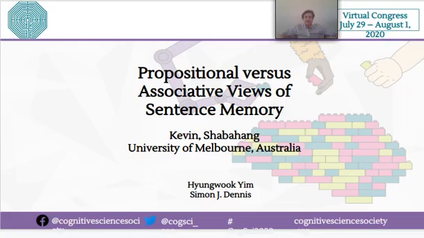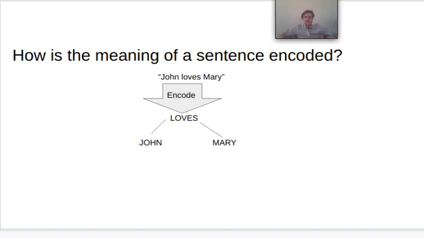Here I'll present some explorations of memory for sentences I carried out with the help of Professor Simon Dennis and Dr. Hyung-Woo Kim. If we have a sentence like John loves Mary, a naive approach to encoding it would be to assume three concept nodes, John, loves, and Mary, and say that there is an association formed between loves to John and loves to Mary. The problem here is that such an encoding leaves ambiguous whether it's John who loves Mary or Mary who loves John. We call this the role binding problem.